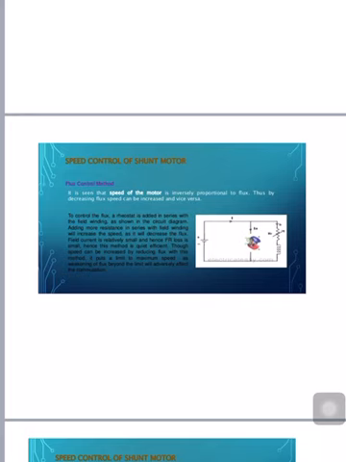An increase in variable resistance reduces the field current, with a reduction in flux and increase in speed. This method of speed control is independent of the load on the motor. Power wasted in the controlling resistance is very less, as field current is a small value. Basically the speed is inversely proportional to flux, so by decreasing the flux, speed can be increased, and vice versa.